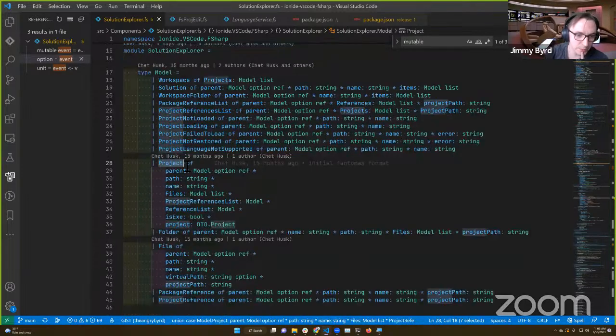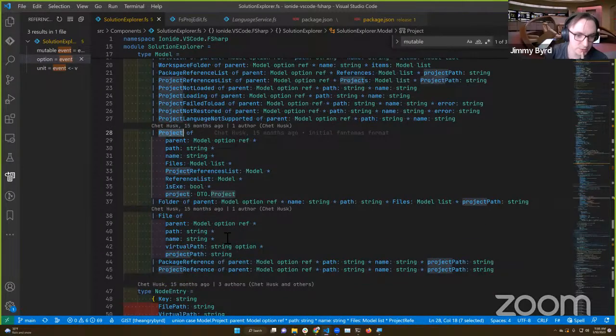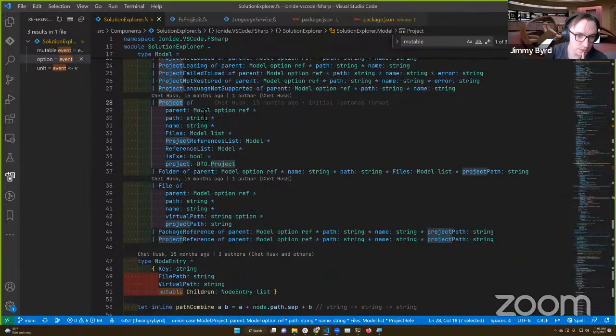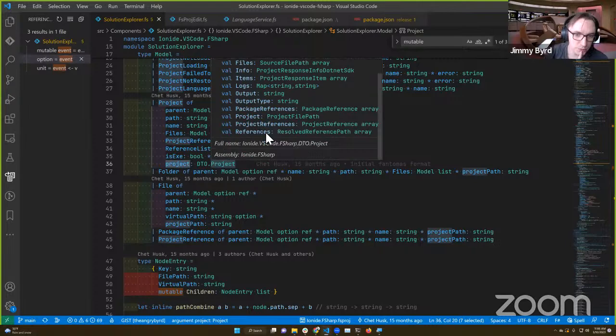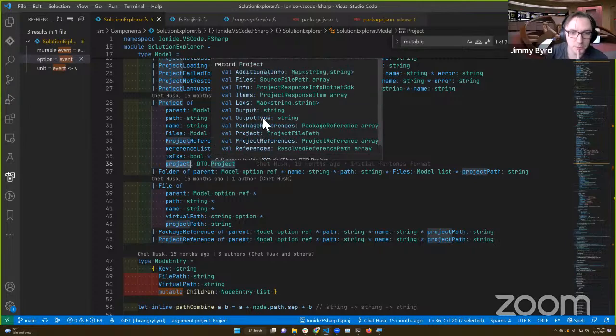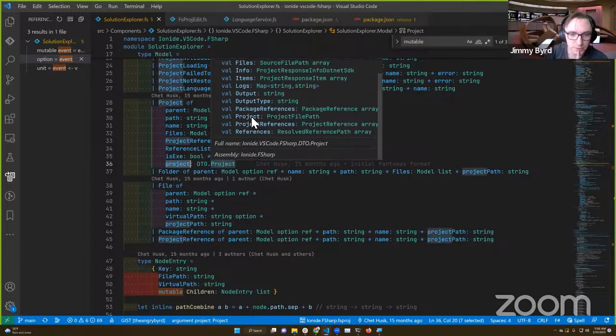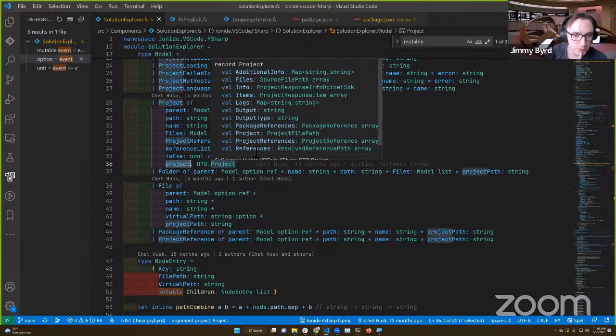If we have a model, we probably want to find projects. And let's see, reference host, this project DTOs. This has project references, output types. Is there compile types, references? Not particularly.